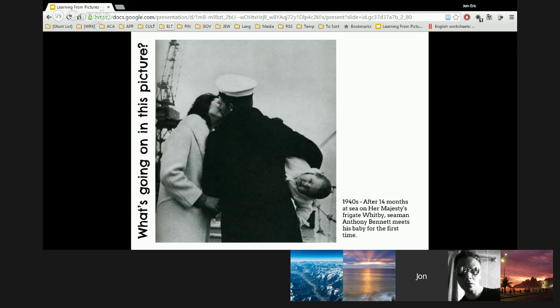I guess he's just never picked up a baby before. I guess she hands the baby to him. He doesn't know how to hold him. I have no idea. Well, think about it. He's been away for 14 months, right? He didn't have a kid when he left. So she obviously gave birth while he was out at sea. So he didn't have the baby lessons. I guess that's the problem.